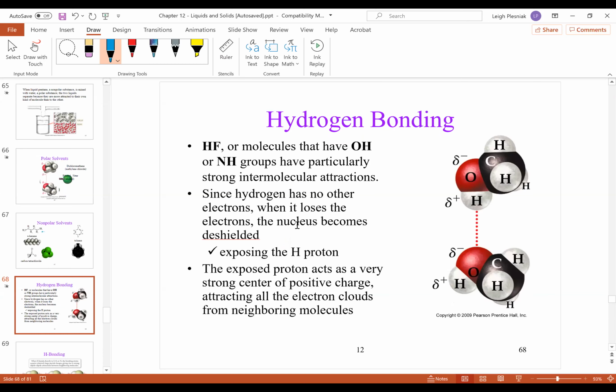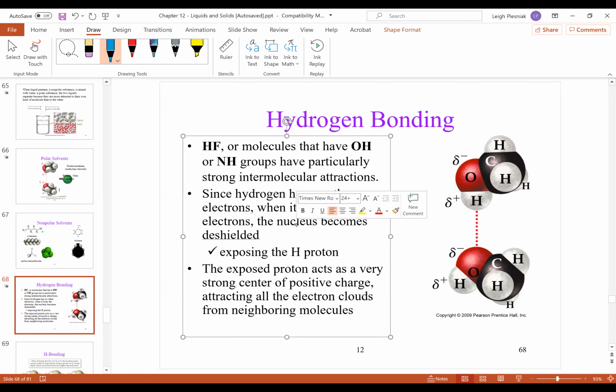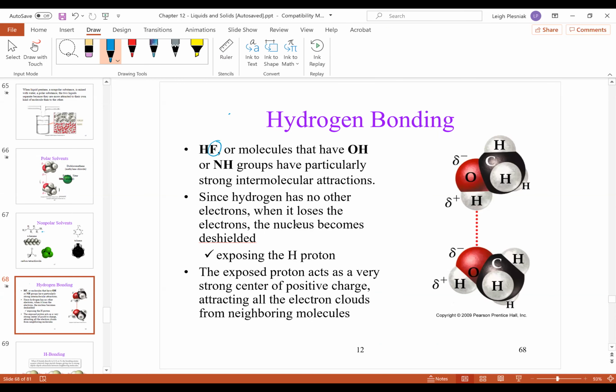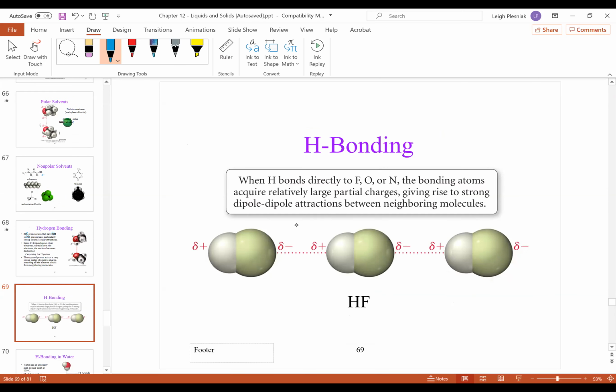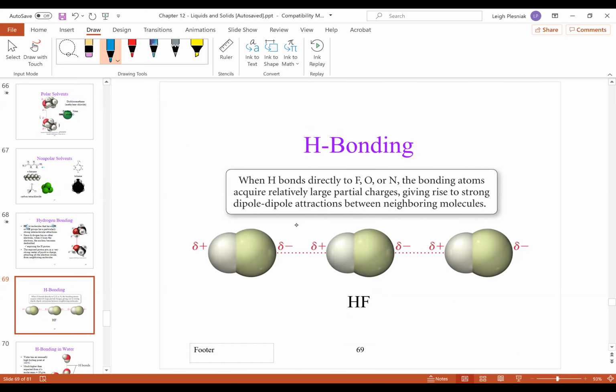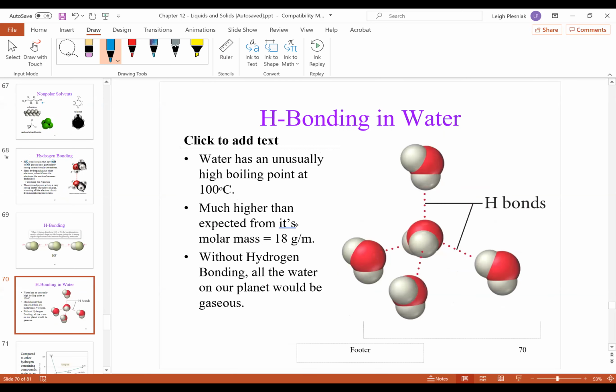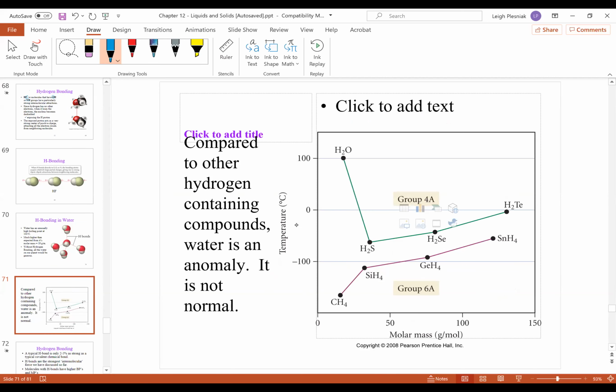And then hydrogen bonding. The H's have to be attached to an F, or an O or an N, but not a C. So all those hydrocarbons cannot hydrogen bond. And this is showing the hydrogen bonding in hydrofluoric acid. So the hydrogen bonding is just like a dipole-dipole interaction. It's just that it involves a hydrogen bonded to an N or an O or an F, but not a C. Okay.